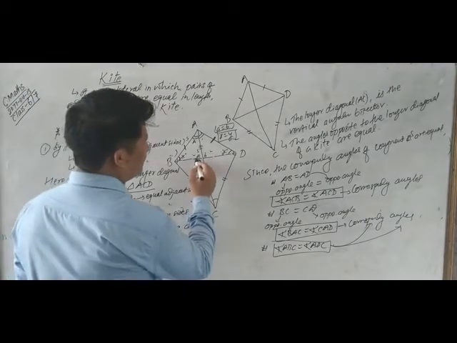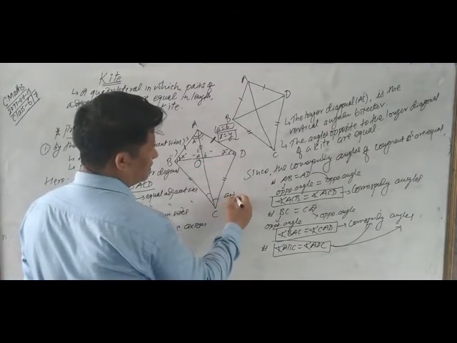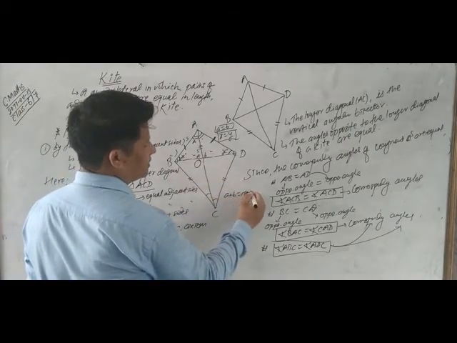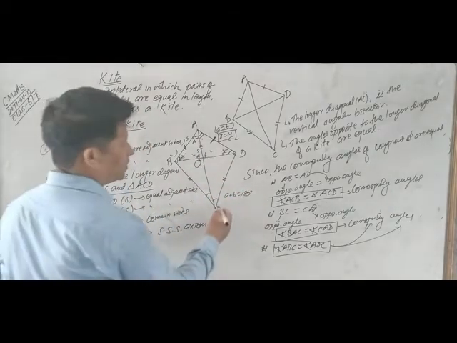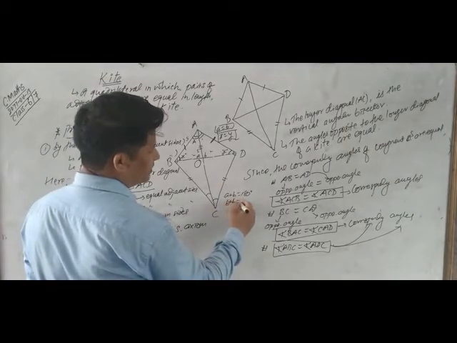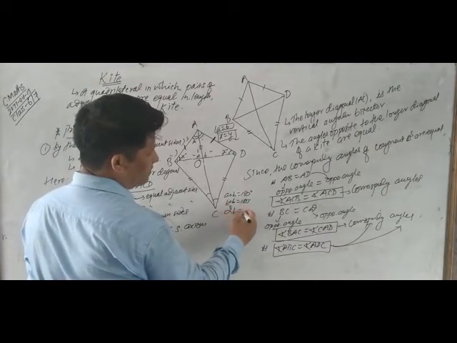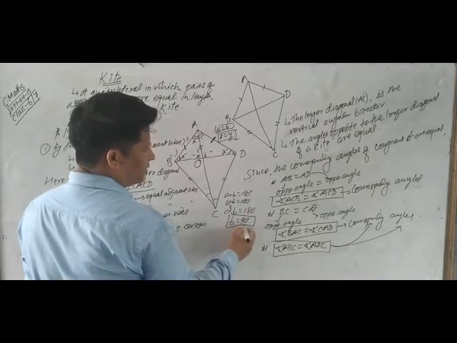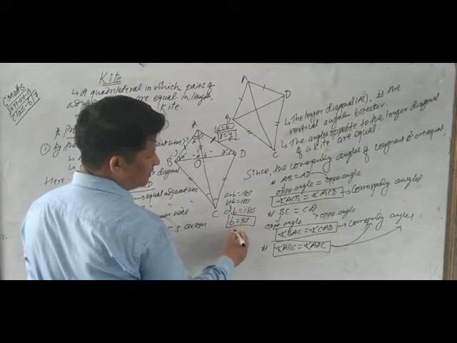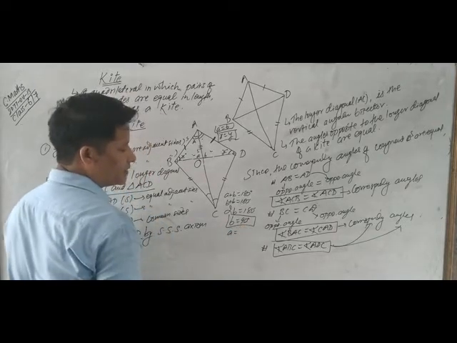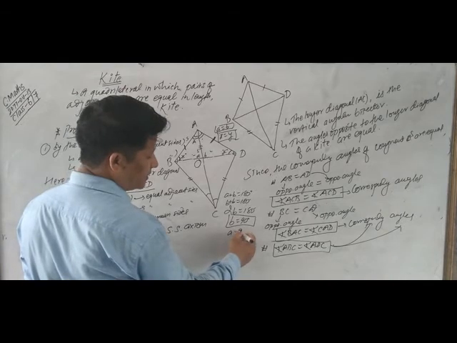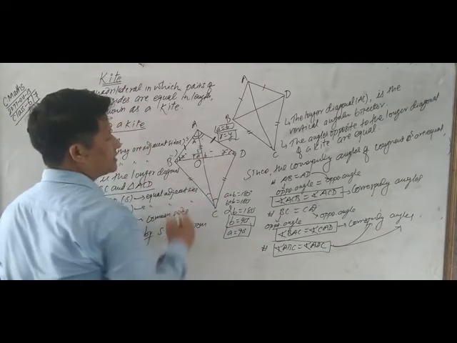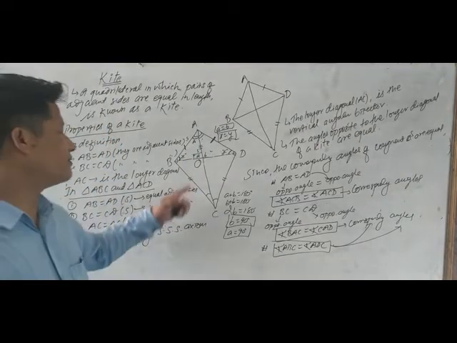Now we can find the measure of these two angles because their sum equals 180 degrees, being a linear pair. In place of A we can write B. So B plus B equals 180, twice B equals 180, so B equals 90 degrees. If B is 90 degrees, then obviously A must be 90 degrees. That's why we can put here the sign of the right angle.